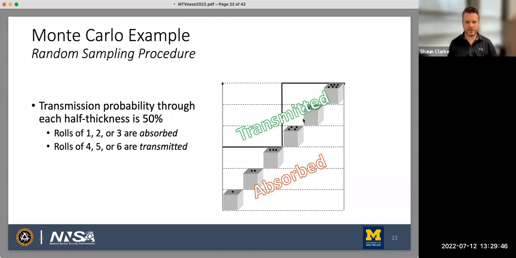Okay, so if you were doing this as an experiment, you could have the whole room of audience members stand up, pass out dice, and you'd have them all roll. And anybody that rolls 1, 2, and 3 would be asked to sit. That would be the outcome of the first layer, and we'd count the number of folks standing, and then we would have the folks that are standing roll again to see if they get absorbed. And we do this 4 consecutive times, and once we've done this 4 times, we would have a few of you still standing at the end. Okay, and if we started with 89 people, which is how many are in this lecture right now, the number of audience members left standing at the end divided by 89, which is what we started with, would be our estimate of this absorption probability,